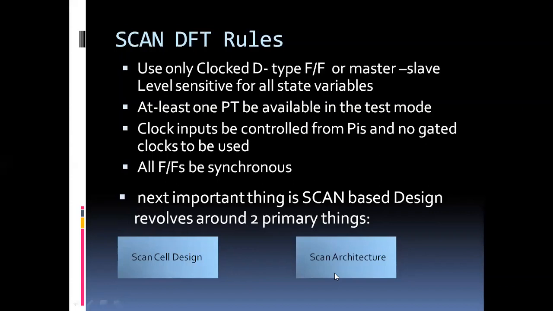But if I have, let's say, 10 flip-flops in my circuit, is it required that all the 10 flip-flops should be involved in the scan testing? Or I want to use only 2, or I want to test only 8. 2 are already at the primary output, or 2 are observable to me. So that decision, that gives me scan architecture. I hope it is clear.